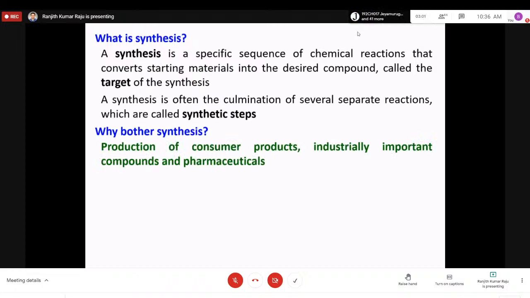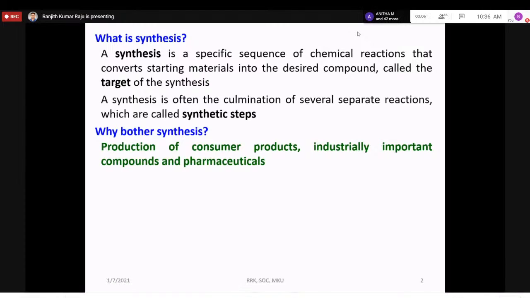Mainly because whatever items we use, right from the morning until the night when we go to sleep, we are living with chemistry, especially organic chemistry. So consumer products, industrially important compounds, pharmaceuticals, you name it, you have all kinds of organic compounds in those products. So that is one reason. The second one is that